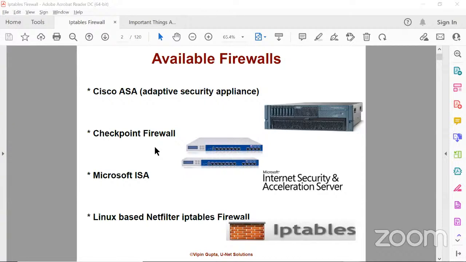Now, whenever we are talking about all these firewalls, please remember, whenever you are implementing any of these firewalls, you have to remember three things. If we are masters of those three things, we can implement any of these firewalls. So what are those three things? Let me go through them one by one. First of all is the type of firewall. That means when we purchase the firewall, we have to specify which type of firewall we want.